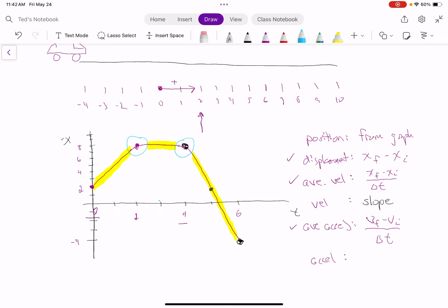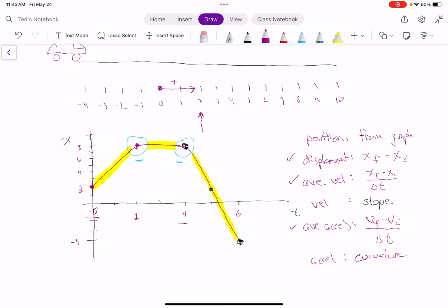And in this case, both of these have a decreasing slope. We went from positive to 0, so the slope was decreasing, so that's a negative acceleration. And we went from 0 to negative, so again, the slope was decreasing, so that's also a negative acceleration. So I can't figure out how big the acceleration is, but I can see that the acceleration is negative, and we see acceleration on a position graph by looking at the curvature